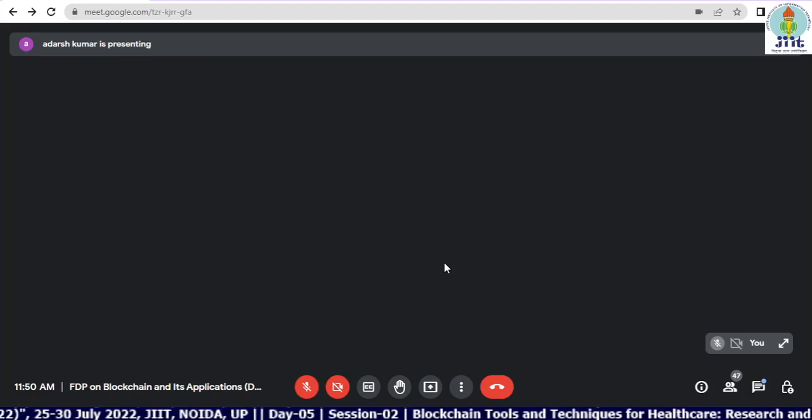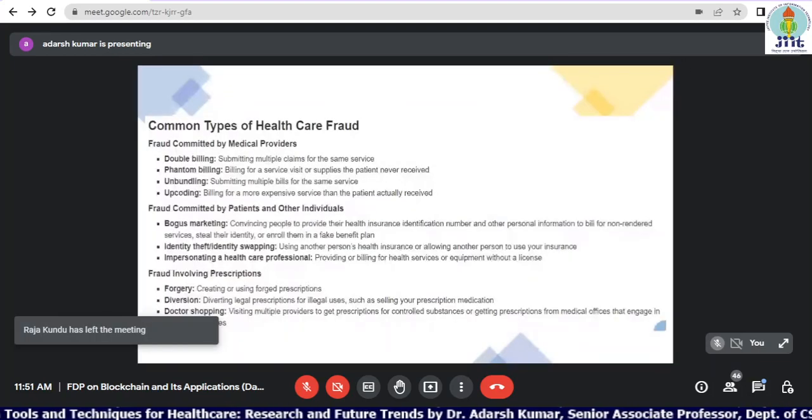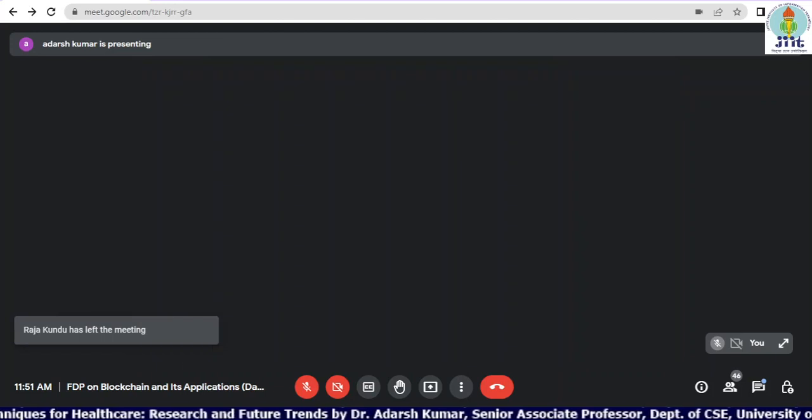The patient does not know what is being claimed on the paper, and at the backend they get an approval, and there is a fixed percentage. That way, different people are getting illegal advantages, right? That's the phantom billing problem. It's there in the medical field. So can blockchain avoid this? If yes, how can it be avoided? What could be the possible solutions? What are the pros and cons? This needs to be explored.